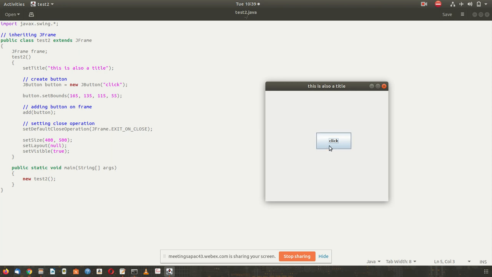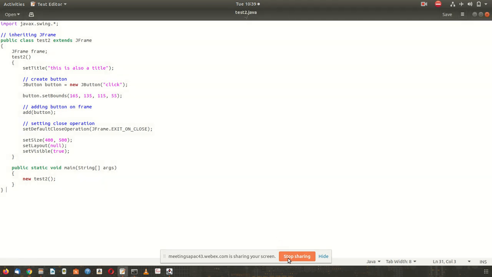See, when I move the mouse pointer here inside, no change of pointer is taking place, but what is changing is the color of the button. When I bring the mouse pointer into a different section, there is no color change of the button, but the shape of the pointer is changing.